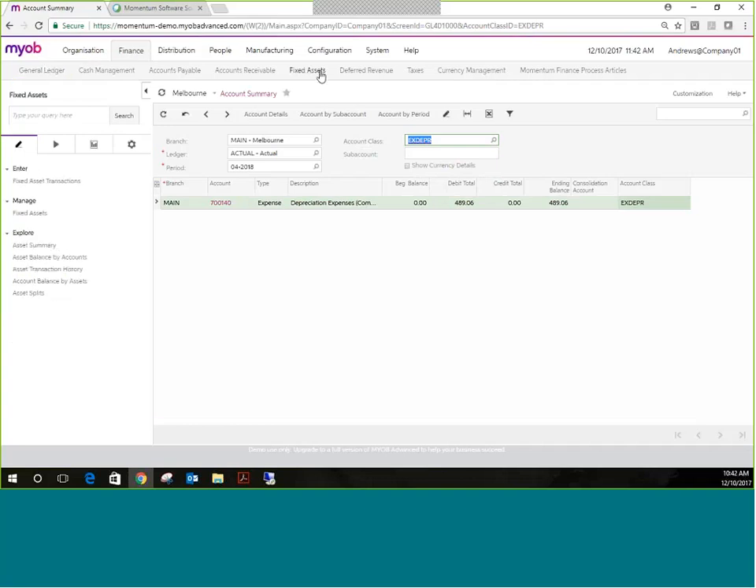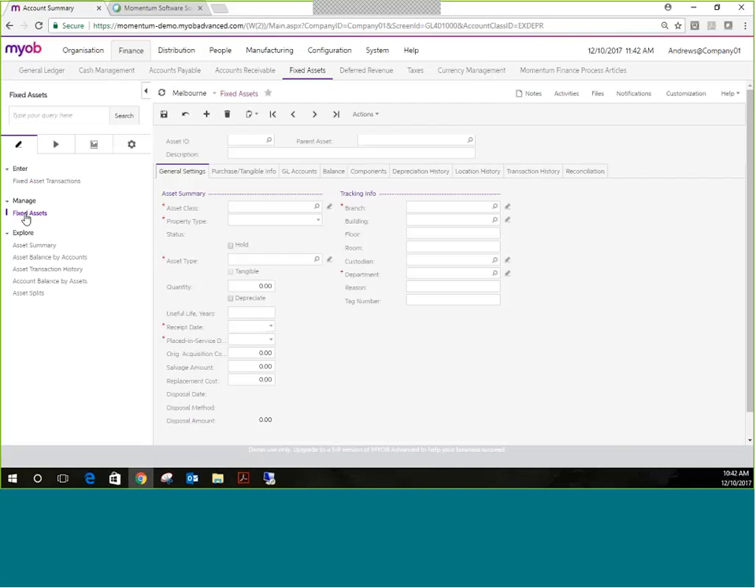So from the fixed asset point of view, that's the basic process that you would go through. There are some other things that you would probably want to be able to do with your assets. For instance, you might want to split an asset. So if we have a look at the actual asset itself,